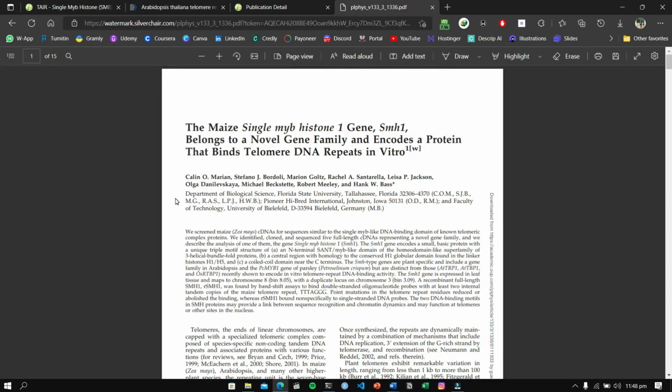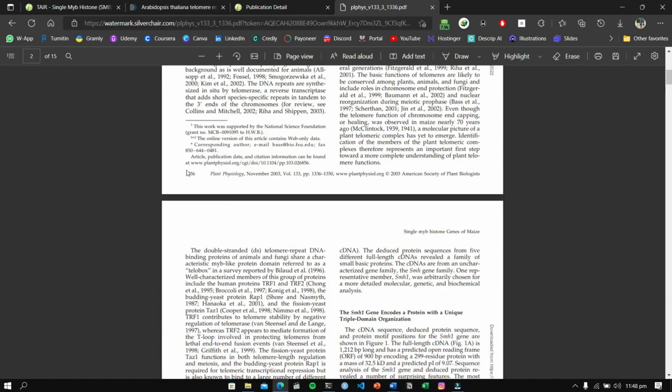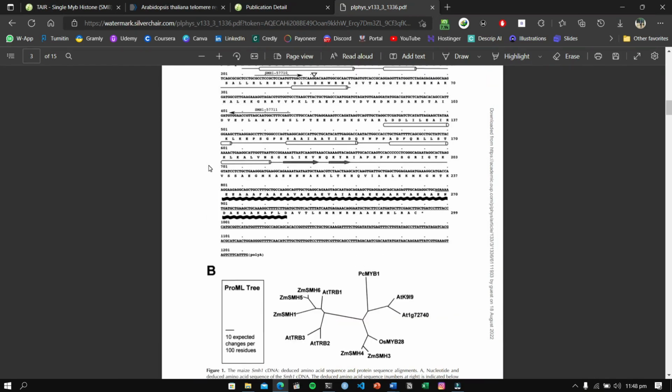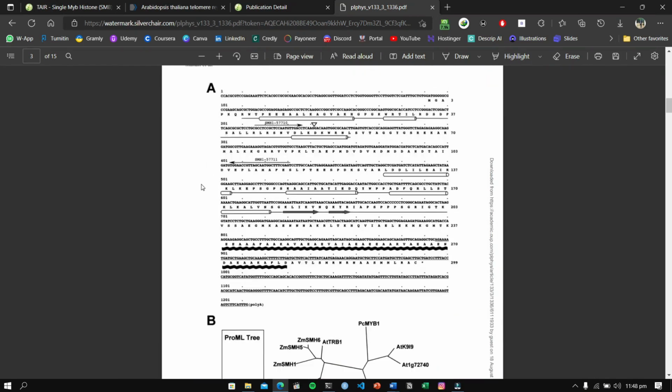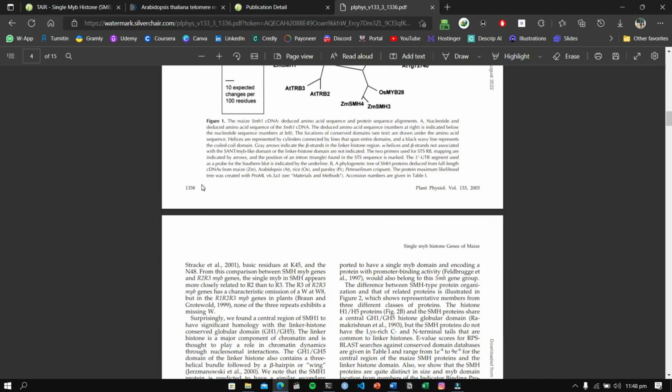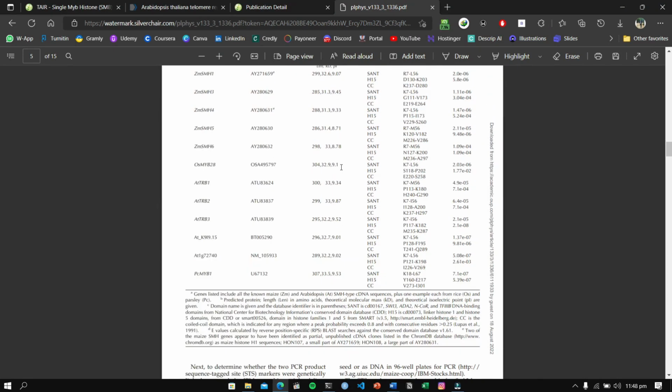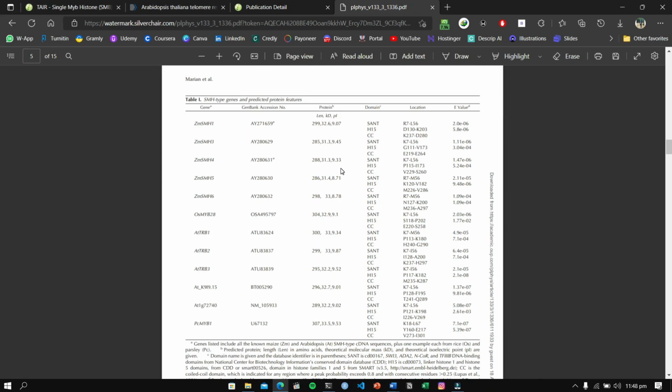Once it is downloaded, I'll show you how they did it, and how they wrote in their paper about discovering these members. So here is the paper. You should also download it, and I will also provide it in the tabs. Here they did different types of experiments. They made a phylogenetic tree. They did the sequence retrieval analysis and sequence analysis, and they also made a table for the protein domain, location, and e-value which they got from BLAST. Don't worry about it. We are also going to do this kind of stuff.